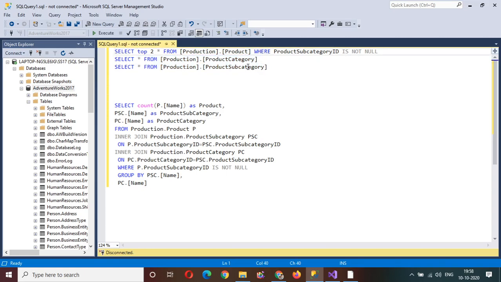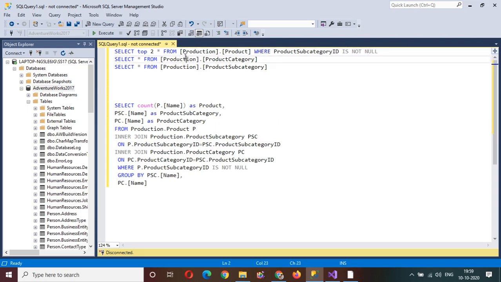What we are going to show in our line chart is the total number of products which belong to a particular category. So how can we create a line chart using this data? First we need to understand our data, what is present in our tables. Then we need to create a query, and put that query in our SSRS report. Then we will be able to create a line chart. So first, understand the data.